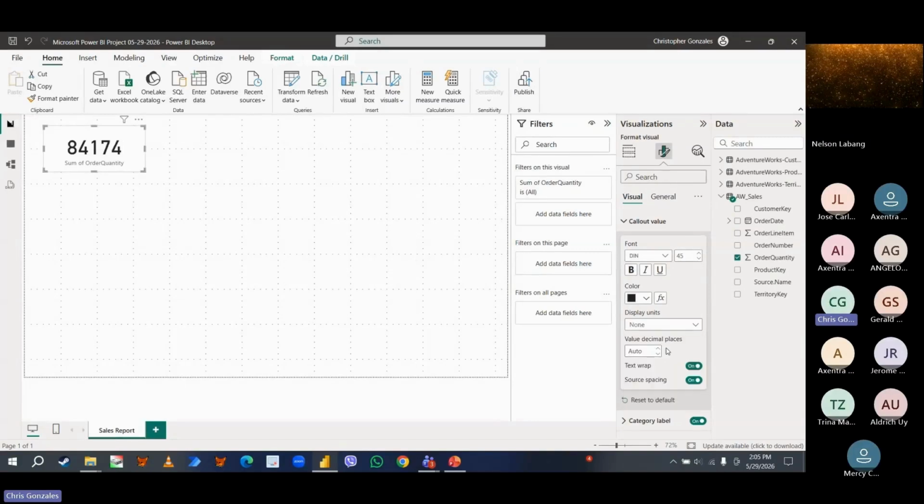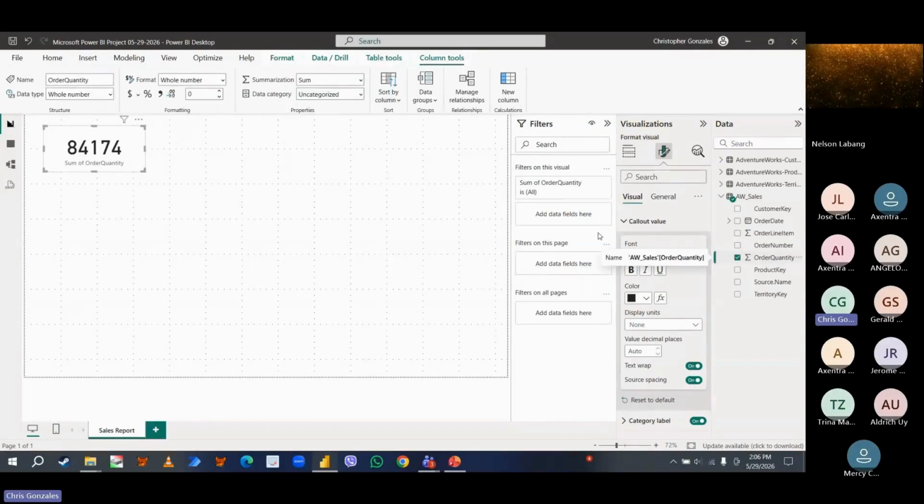When this is automatic, if the data is in thousands it has K, millions M, billions T, and so on. But if you choose none, it will display the exact amount. Now I want to add a comma. In order to add a comma here, just click the order quantity and then click the comma separator above.